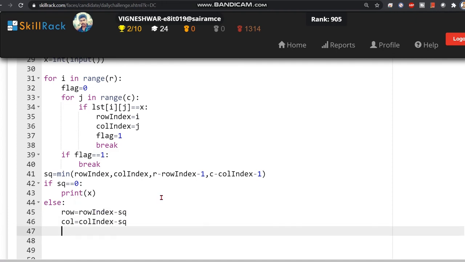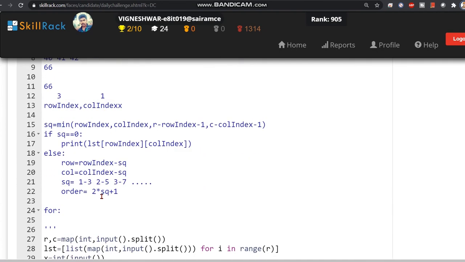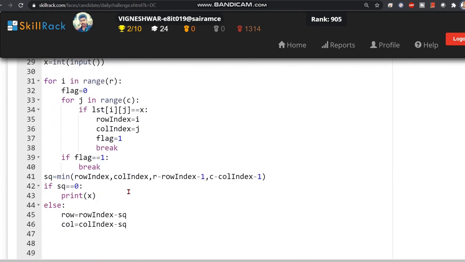Now you can have a for loop to print that out. You have to traverse from row to row plus 2 times sq plus 1, and column to column plus 2 times sq plus 1, so that the submatrix is printed.